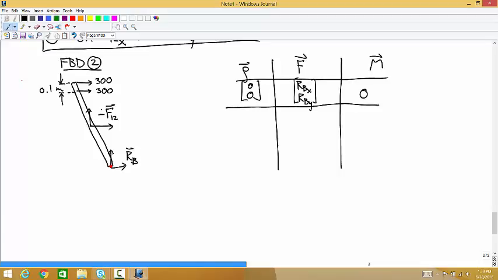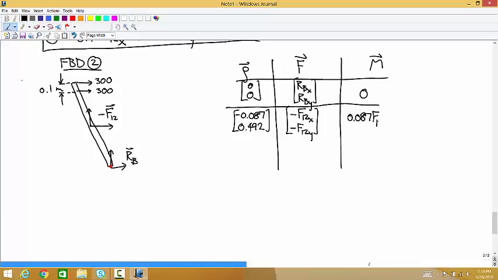Then the negative F12, that's acting at negative 0.087, positive 0.492. The force vector is negative F12x, negative F12y. So the cross product is